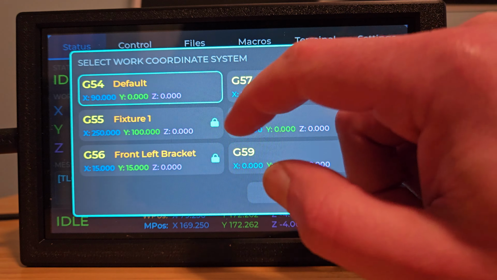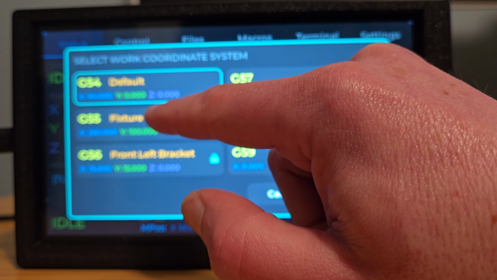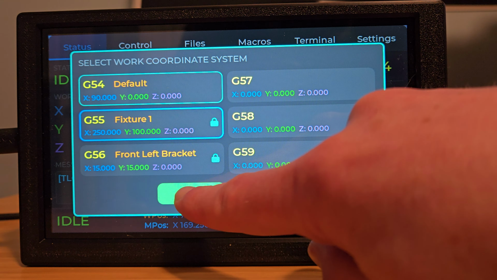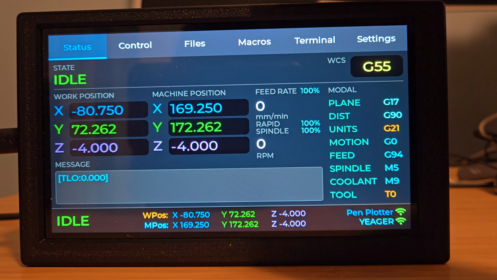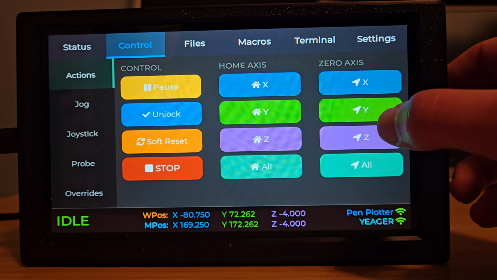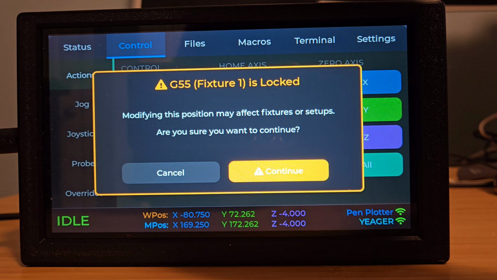So if you set work coordinate offsets, you probably don't want to accidentally change them. So what I did is if you have a coordinate system active that you put a lock on and you go to zero something, which maybe you really want to zero Z because the position is just X and Y, it will now prompt you when you are doing probing or zeroing to make sure you want to do that. You can hit continue and it'll go ahead and do that, but it at least tries to prevent you from accidentally